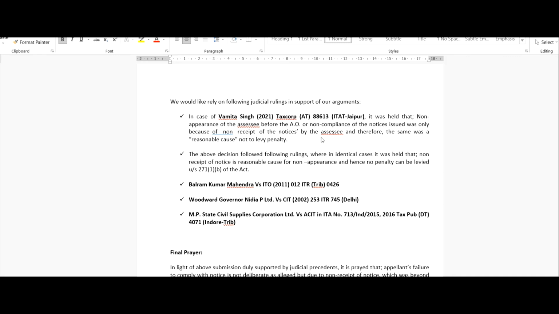The above decision followed the following rulings, wherein in identical cases it was held that non-receipt of notice is reasonable cause for non-appearance and no penalty can be levied. तो ये सारे केस में भी सेम रेशियो अप्लाई किया है। एसएससी को नोटिस नहीं मिली है तो वो अपीयर नहीं हुए हैं, तो ट्रिब्यूनल ने ये पेनल्टी को डिलीट कर दिया है।